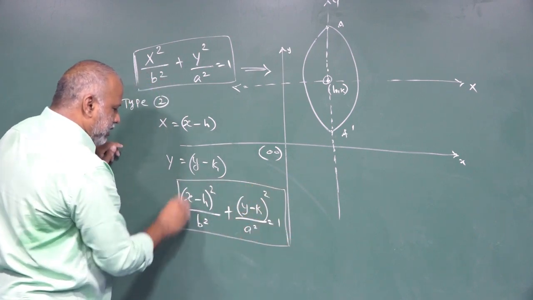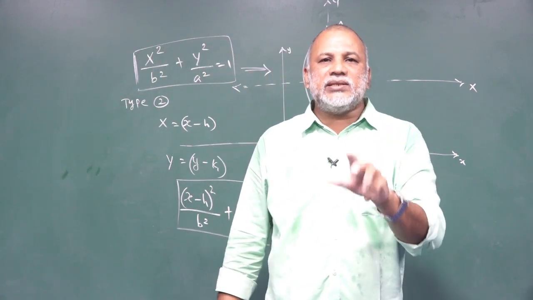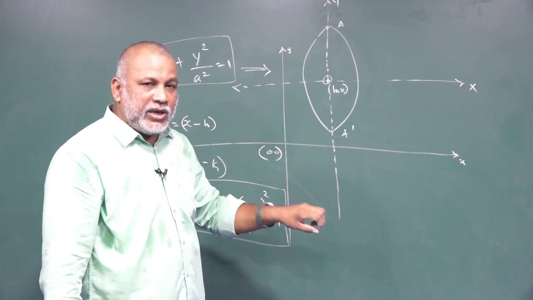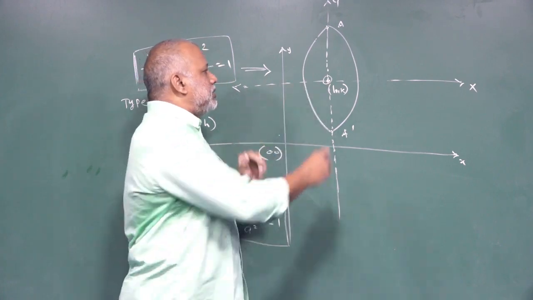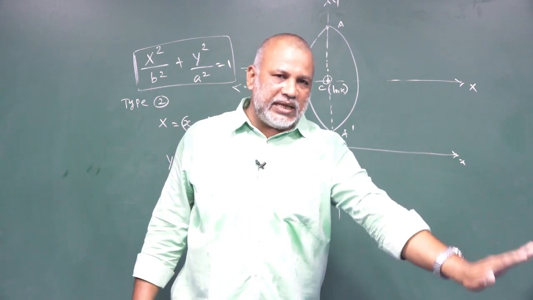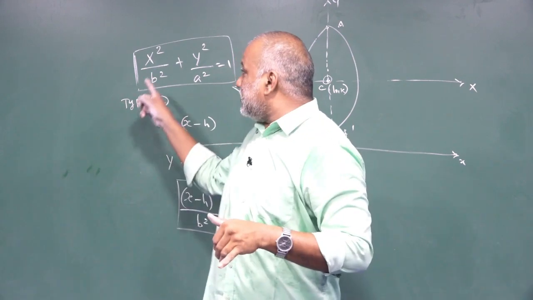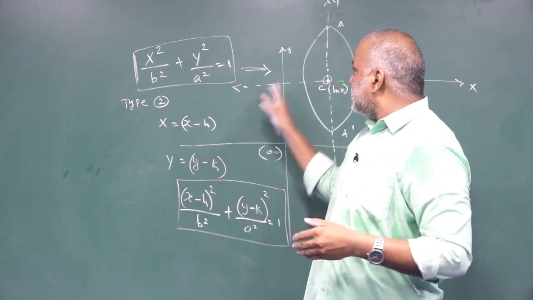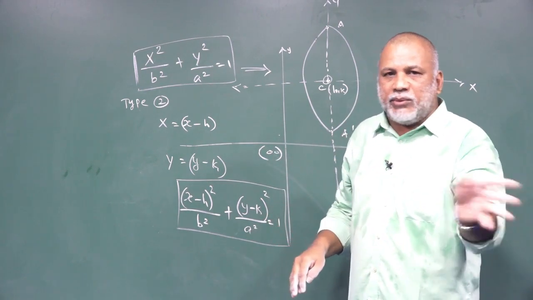Depends upon the information, we are able to draw two types of diagram. One diagram, major axis along x-axis. Another one is major axis along y-axis. So depends upon the information we are going to draw. This is the logic, shifting the center from 0, 0 to some other place. Always center is 0, 0 in the general equation. In general, x squared by a squared plus y squared by b squared equal to 1 is type 1, and x squared by b squared plus y squared by a squared is type 2. The naming is, first type is major axis along x axis; here, major axis along y axis. So depends upon the information, we are able to conclude the given ellipse belongs to which type.